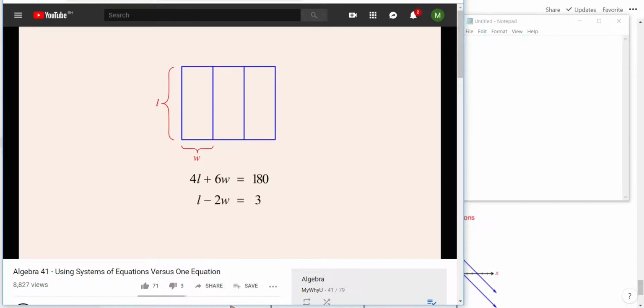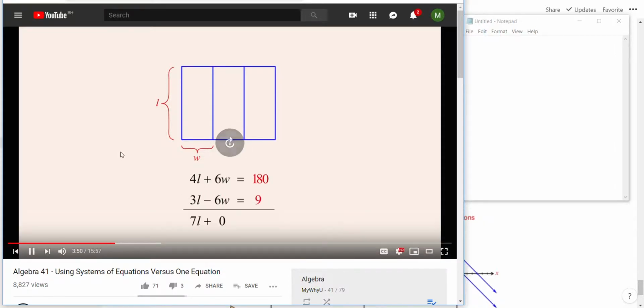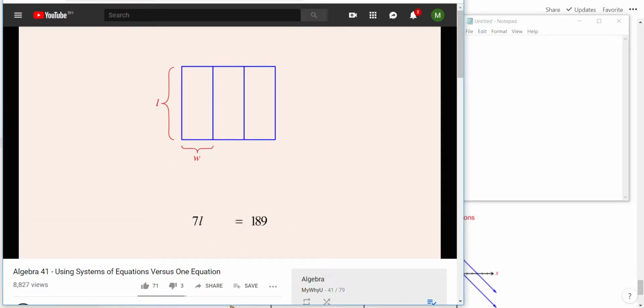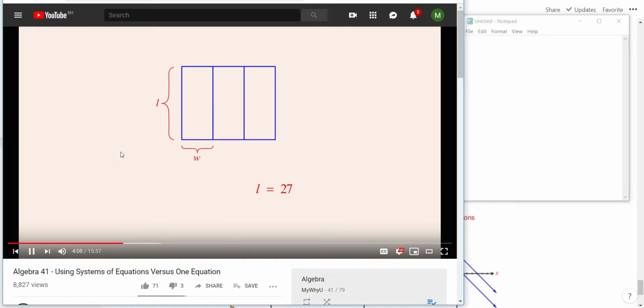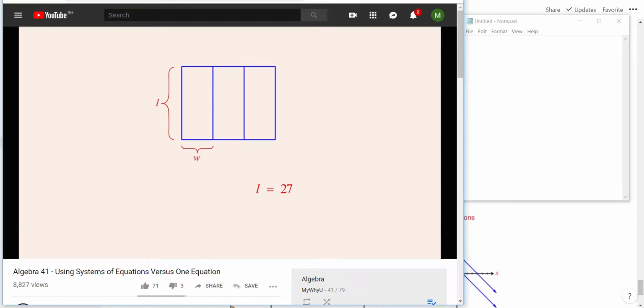We can now eliminate either variable L or W by choosing an appropriate multiplier for the second equation before adding the equations. If we choose to eliminate the variable W, we multiply the second equation by 3. When we add the equations, the W terms disappear, and L equals 27. We can then substitute this value into either of the original equations to find the value for